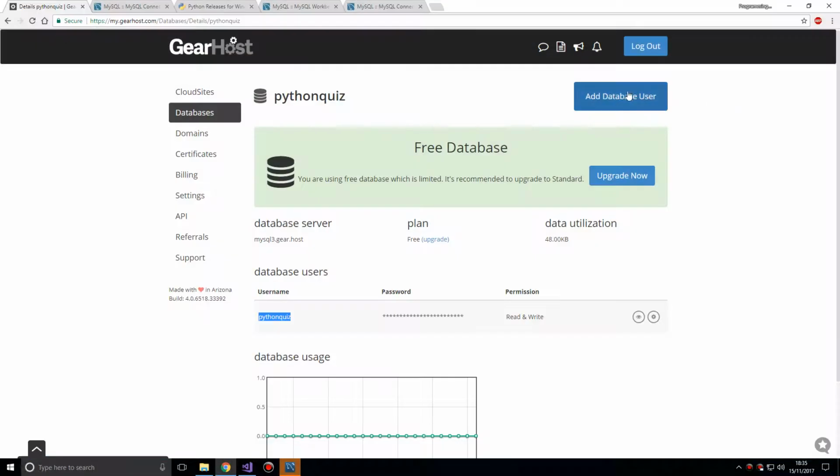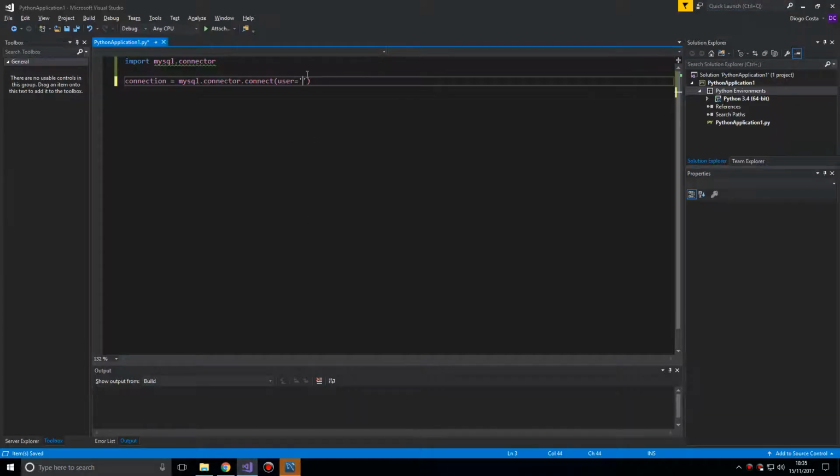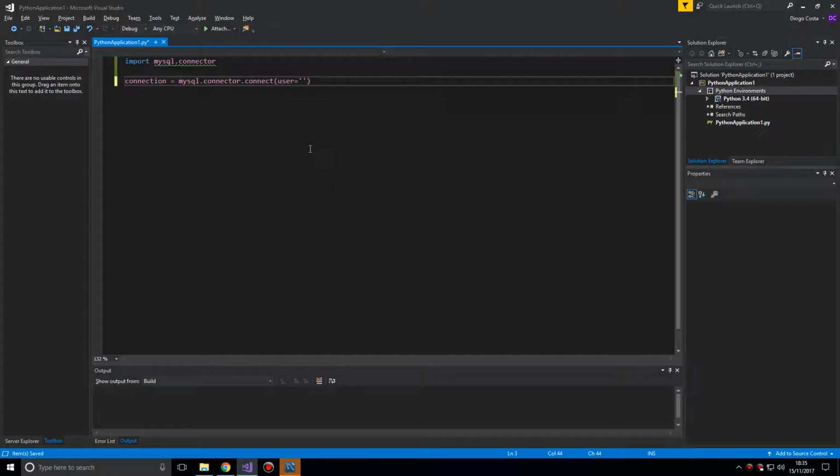They do tell you that this is less than 1 cent an hour. As you can see, it's 0.007 cents. So, if that tempts you. The username is Python quiz, comma, and password